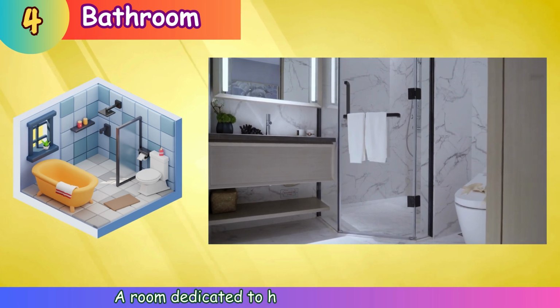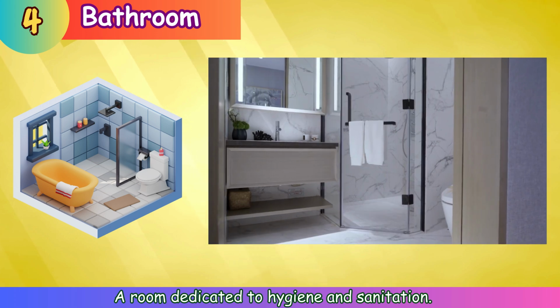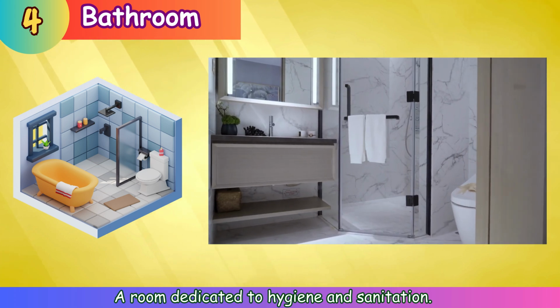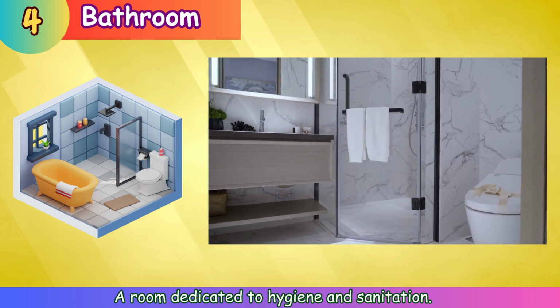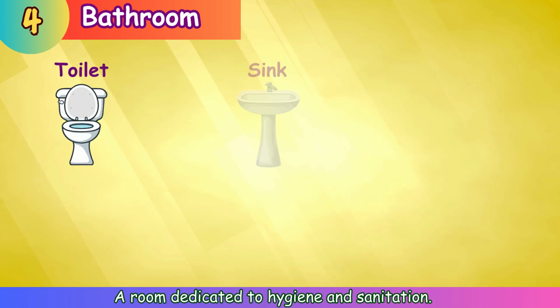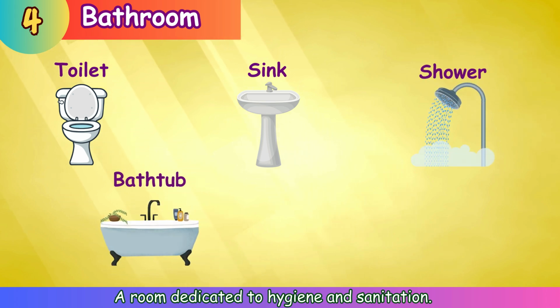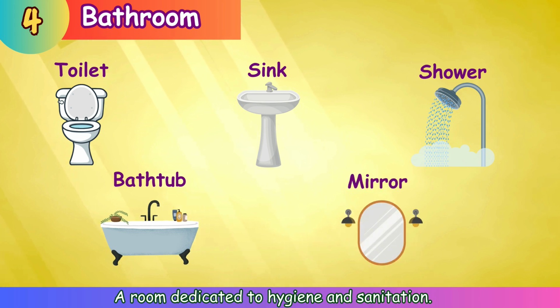Number 4. Bathroom. A room dedicated to hygiene and sanitation. Bathroom includes a toilet, sink, shower or bathtub, mirror,